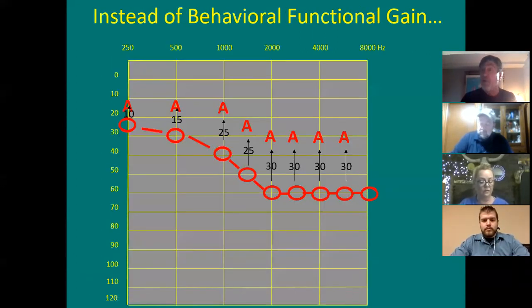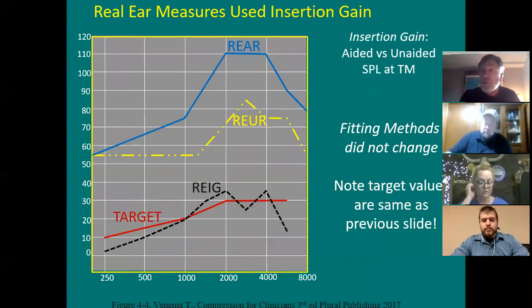So instead of behavioral functional gain, you had this. Here you go. This is your first peek into real ear. Here's the real ear unaided response. And what this meant was, look where it begins, 55. This meant 55 dB was coming out of the speaker in front of the computer. It's like I'm looking at my laptop now, and on the top of my laptop would be a speaker, just like real ear systems have, a speaker. And then a tone would come out. They didn't use speech. It would be a sweep tone. It would go like this. It would be low,